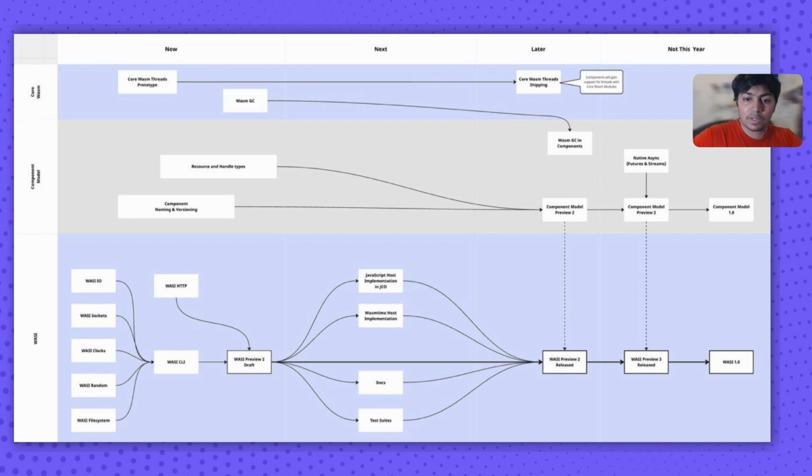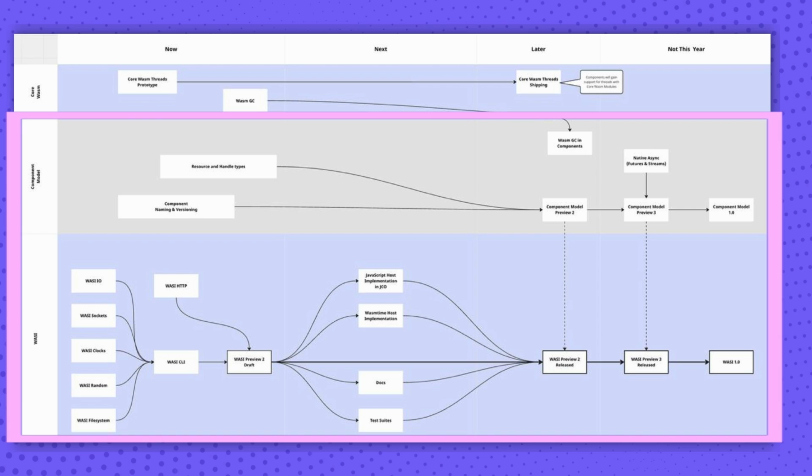And this would also include components like WASI IO, WASI sockets, WASI clocks, WASI random, WASI file system, all the ones you see over here. So this is how it essentially comes together. You also have the core WebAssembly specification, you have the component model, and you have WASI as well. We particularly take a look at this part which is highlighted right now, how the component model interacts with WASI,